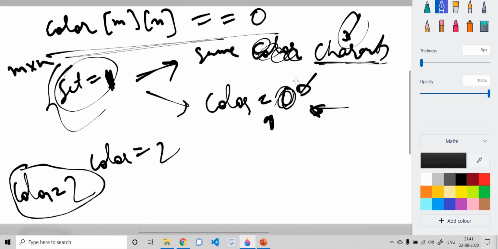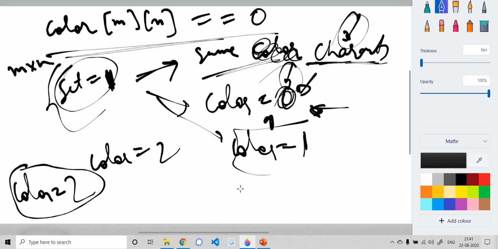And if it is the same character at the adjacent cell and the color is equal to 1, it means we are able to reach a cell which is also in our present DFS traversal. It has not been fully explored yet, and even then we are able to reach the same node again. It means there must be some cycle present here.